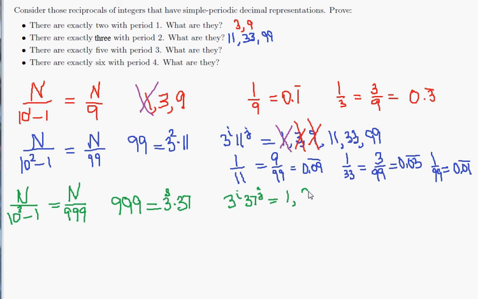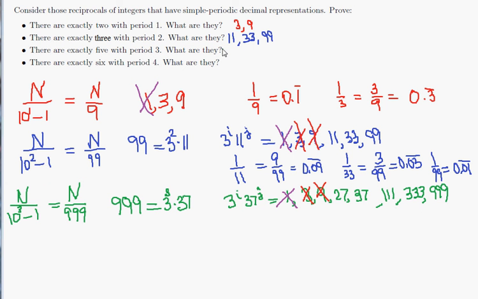So listing them out, we get 1, 3, 9, 27. That's if j is equal to 0, and if j equals 1, we get 37, times 3 is 111, times 3 is 333, and times 3 is 999. So those are the possibilities. Now clearly 1 does not work, and also 3 and 9 do have simple periodic decimal representations, but the minimal period is equal to 1 and not 3, so that's not going to work. But the others do work: 27, 37, 111, 333, and 999.